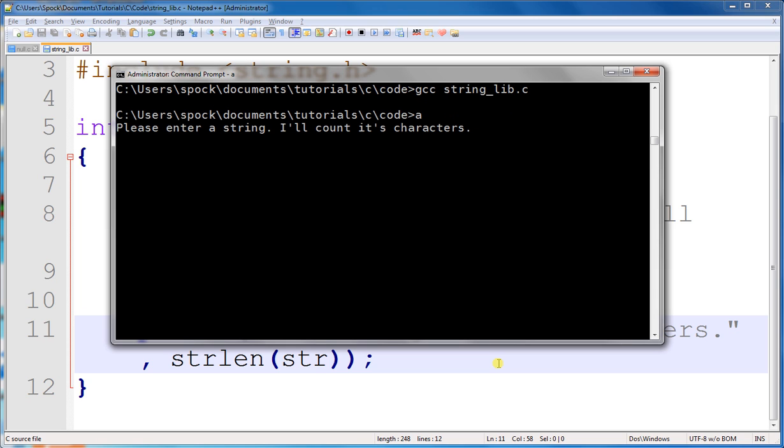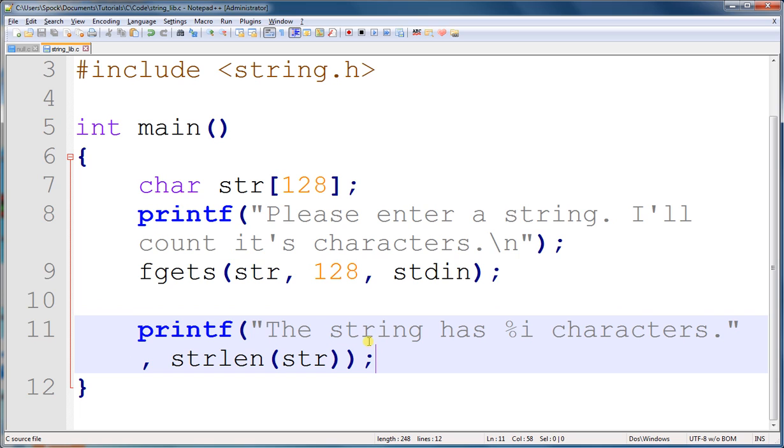Please enter a string. I'll count its characters. I know you've seen this string enough times already, but let's give it one more go. And it has 14 characters. And if we count the characters, it has 1, 2, 3, 4, 5, 6, 7, 8, 9, 10, 11, 12, and 13 characters. And this gave us 14 characters,